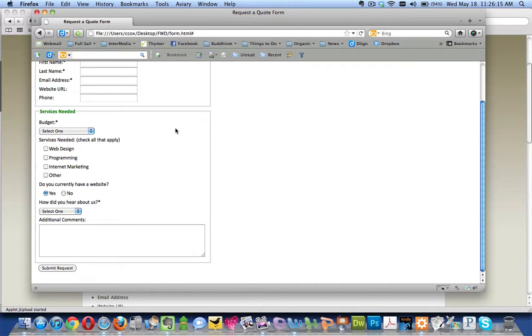There's another field set here with the legend services needed, and there's a question for budget, which is required, and the person needs to select one of these. They can also select which services they need, and we use checkboxes here so they can select more than one, however many they need. Has a question, do you currently have a website? The default answer is yes. They can change that to no. And then there's a question, how did you hear about us? It's required. They can select one of those, and then they can enter in any additional comments and submit the